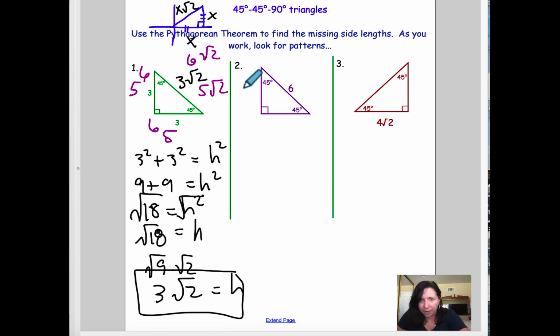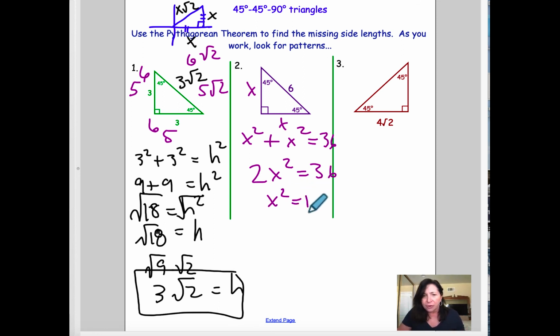One issue is when I don't know this value here. But what I do know is that whatever that value is, it's the same as this value over here. So for this one, I can go x squared, because I don't know this and I don't know this. But I know that because this is a 45, 45, 90, I know that they're the same. So I can go x squared plus x squared equals 6 squared, which is 36. 2x squared equals 36. x squared equals half of 36, which is 18. So therefore,